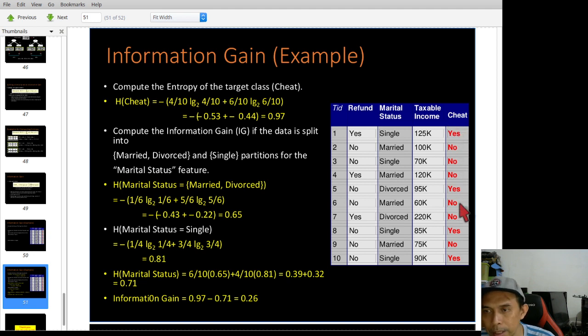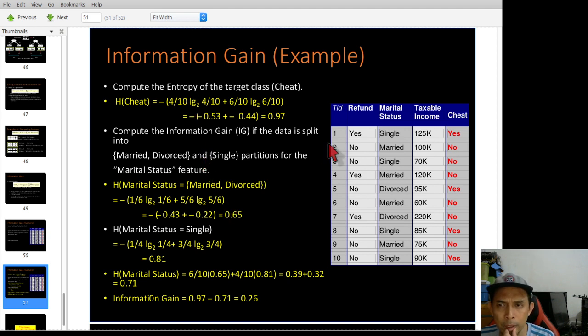Yes is 4 instances, no is 6 instances. That's why you have this formula: 4 divided by 10 log 4 divided by 10 plus 6 divided by 10 log 6 divided by 10. And then you have the entropy for the last column, which is 0.97. Okay, this is not log 10, it is log 2.